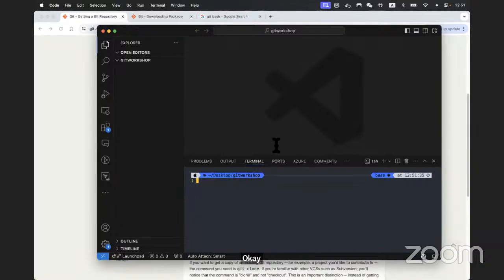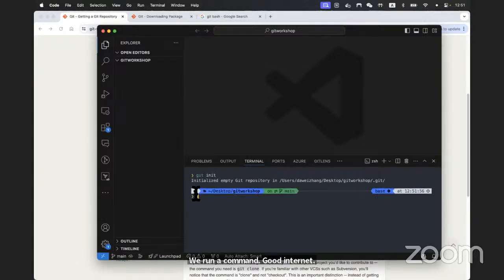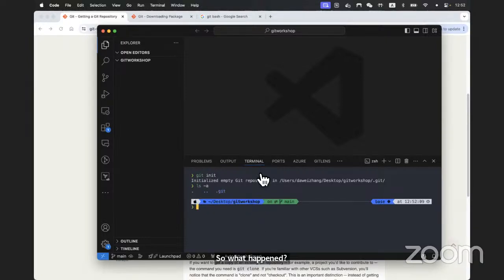So this is not a Git repository yet because this is an empty folder. To turn this into a Git repository, we run the command git init and press enter. It initializes the empty Git repository in this folder. So what happened? Let me run ls -a. This lists all the